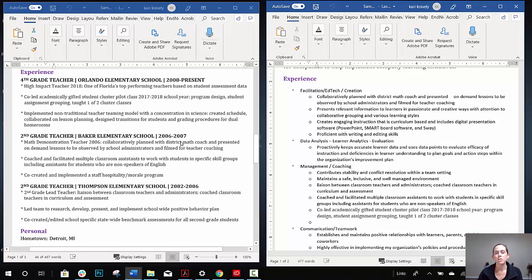So I'm not changing any terminology. I'm just pulling things, just categorizing different headings so far. So I took, let's see, co-led academic gifted students. So right here, I thought that might go under management and coaching. So I'm basically copying things from the chronological skills, pasting it under the correct heading that I've created because I